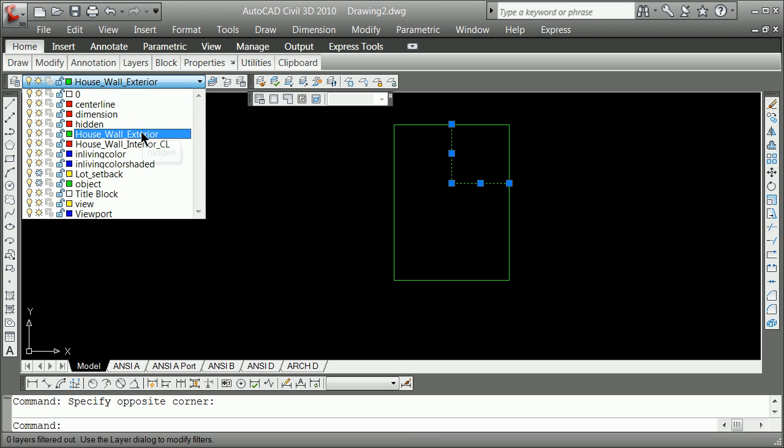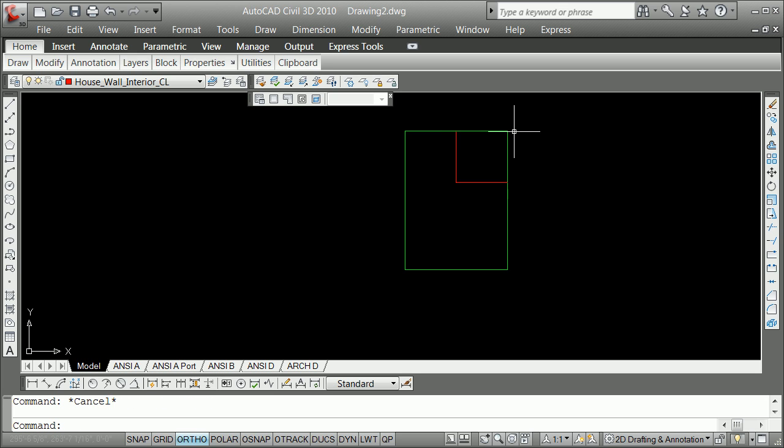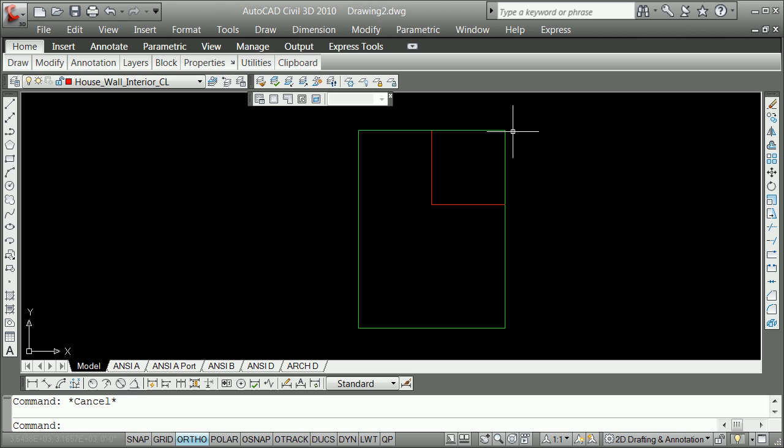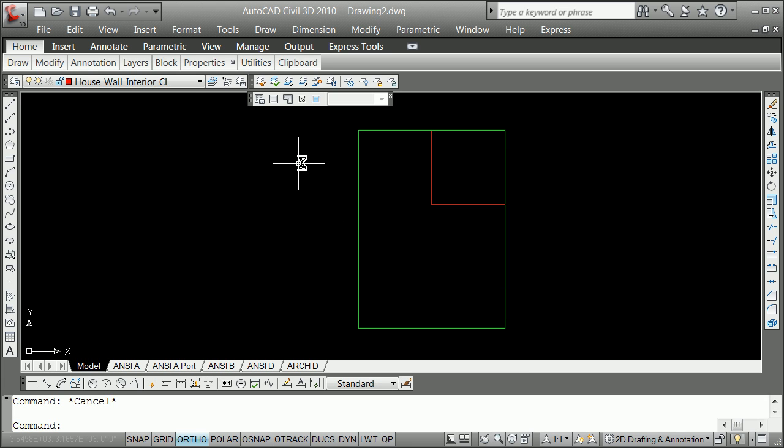Go ahead and change it to house wall interior. Now, at this point, I'm going to give you a little bit of a hint here. If you're doing a lot of drafting and starting to use a lot of different layers, it's not a bad idea to do this every now and then. Just off on the side, draft off the red one there, and then I'm going to go ahead and click here, changing current layer, drafting another one,